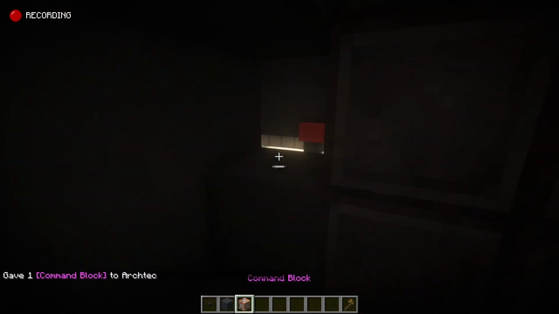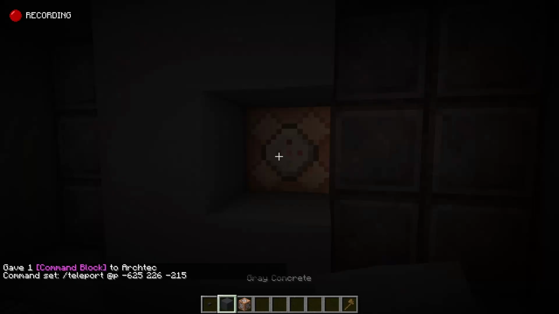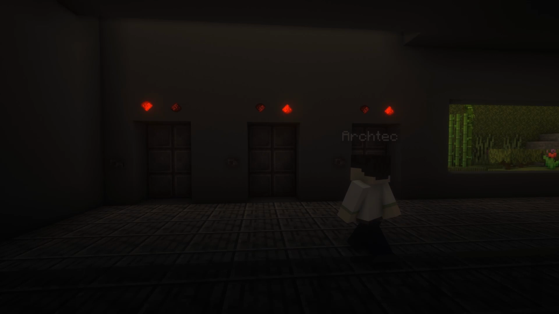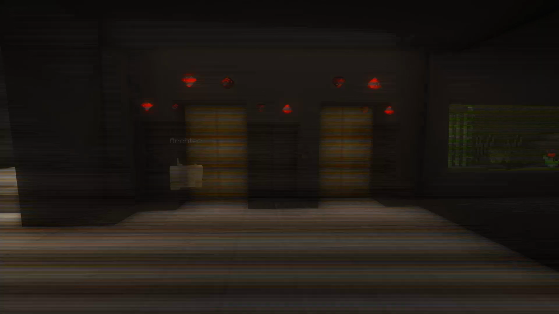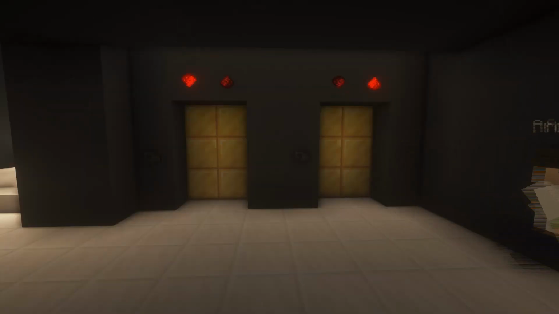You just give yourself a command block and use this command with the coordinates you want to teleport to. And add some redstone to activate. A button is basically enough. And voila, you have a working elevator. Now do this several times and indicate with some form of arrows in which direction the button of the elevator will transport you, and always set the teleport coordinates in front of another elevator to make the illusion even better.